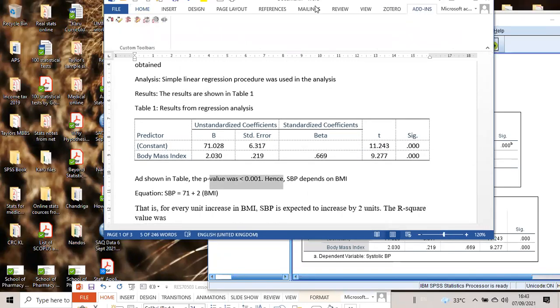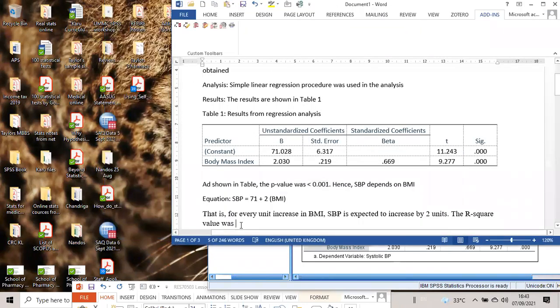So what's the R square value? 44.8%. 0.448. Which means 44.8% of the variation